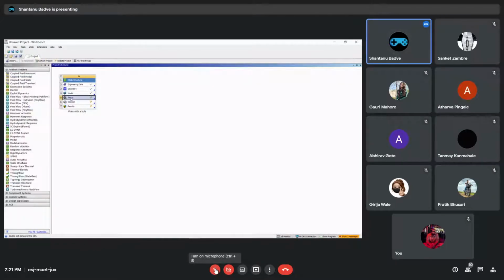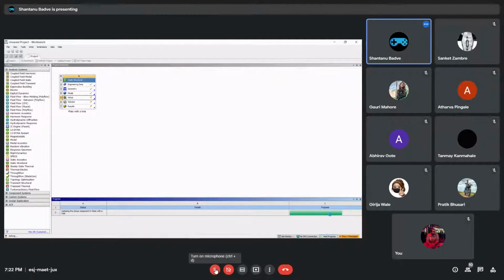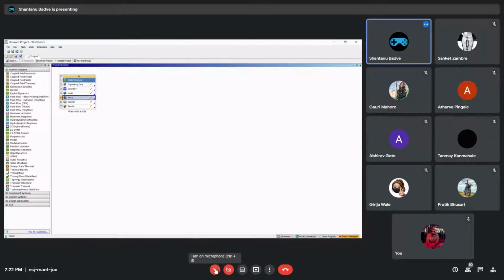As you can see, the setup now has a lightning bolt beside it. Therefore, we will have to right click on it and click on this update button. When you click that button, you can see that there is a progress indicator blinking in here. We can also click on it and see how the progress is doing, but it is done now. And you can see that the physics setup has a check mark in front of it now.